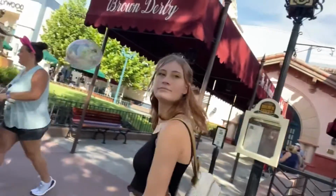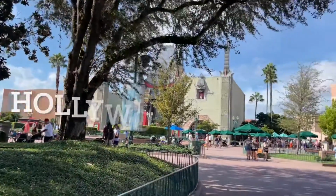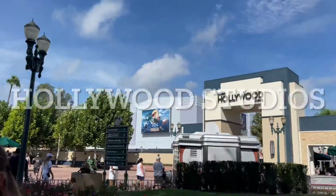All right, everybody, we are attempting the 4-park challenge today. Emily and Bill and me. So we're starting our day off in Hollywood Studios. I'm really scared of